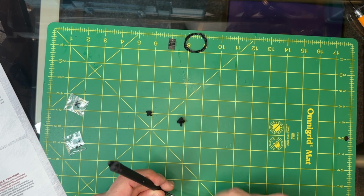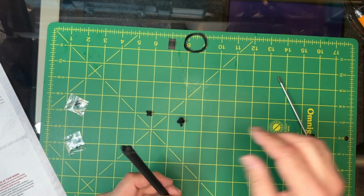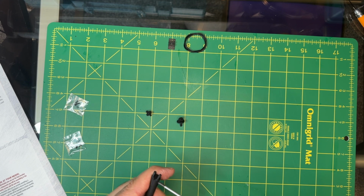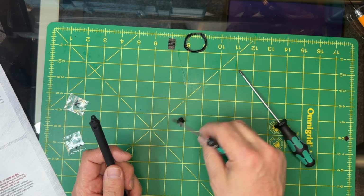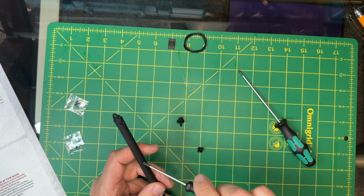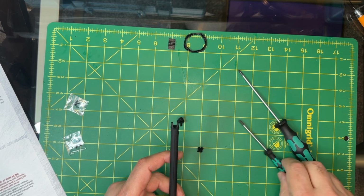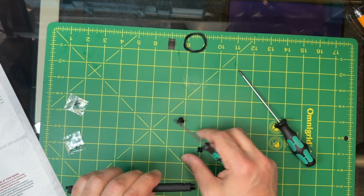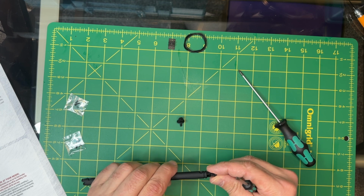Now there is a difference in the tabs here. The ones that are closer together, you're going to install this small tab coupling to the tabs that are closer together. You can see this is further apart than this one. So we are going to connect this, and we're going to use